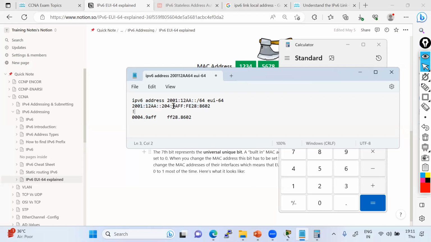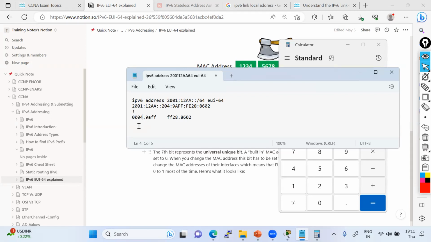After that, they change the IP address into this format. And how is it going to change? All 3 of these sections are going to be the same. There is no change, but we have to change this into a different format in terms of binary, right? Binary says we have to change the 7th bit.